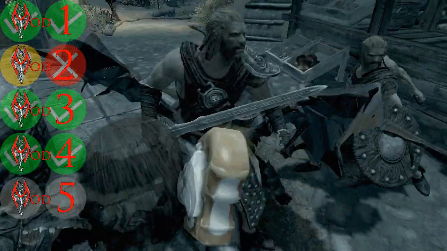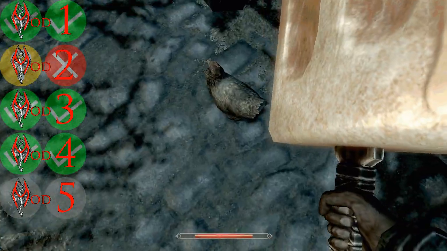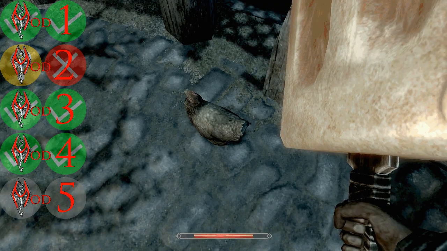Very helpful. That was the most helpful. Eli, yeah? There's a random chicken in Whiterun. Alright, before you explode it,